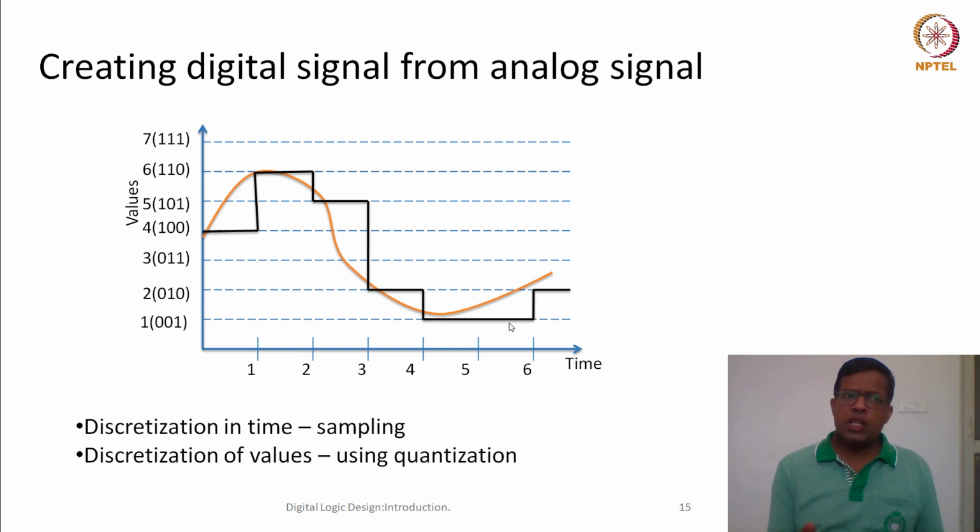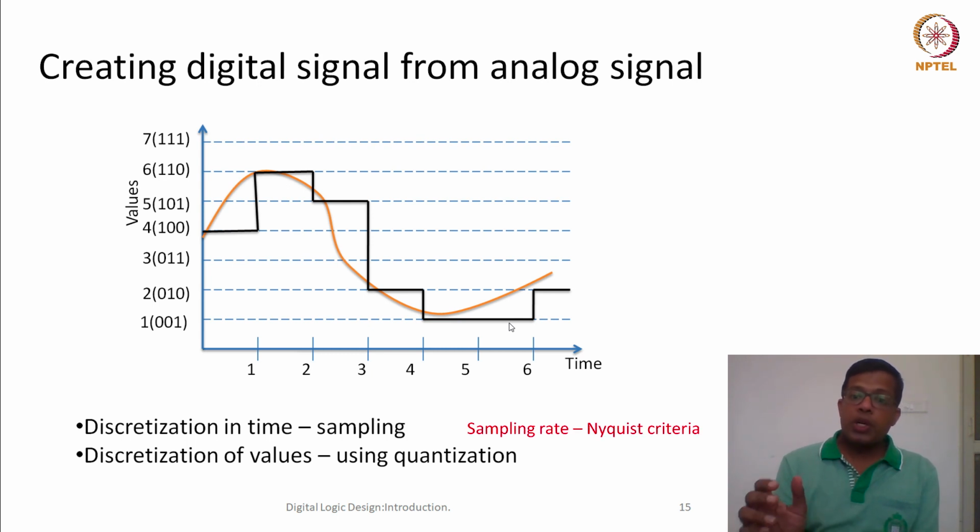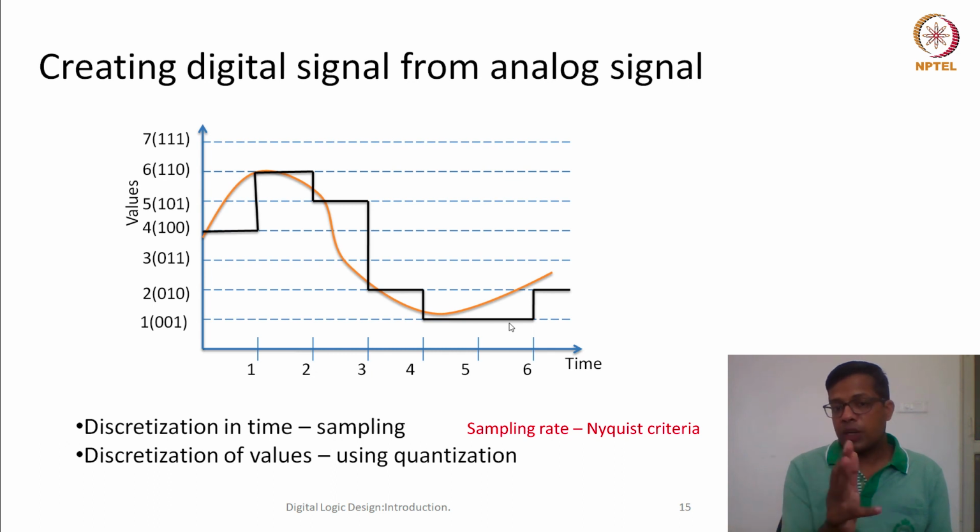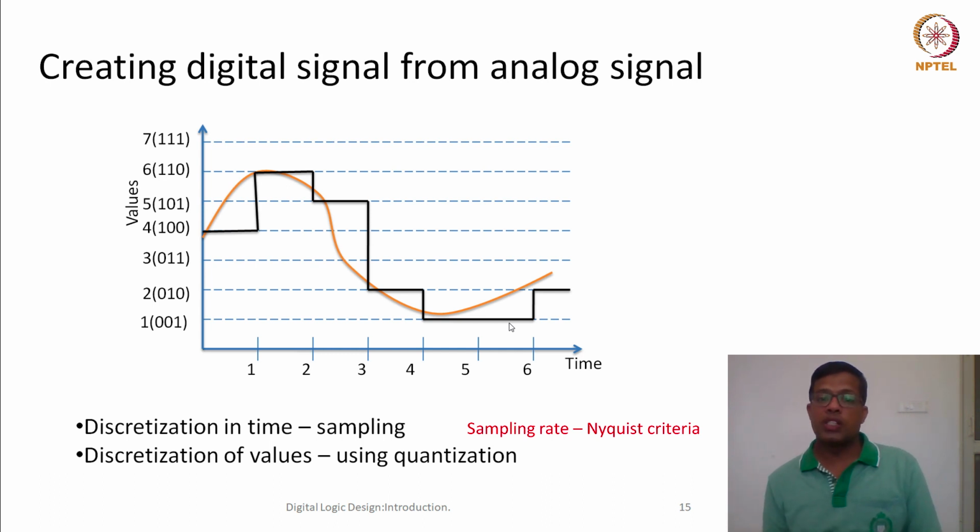Most of you would be doing another course in parallel to this course, called Signals and Systems. In the Signals and Systems course you will understand more about this digitalization or discretization process. But one important thing is called the Nyquist criteria or Nyquist rate. It proves that if we sample any signal at a particular frequency, then it can be reconstructed back whenever we convert this discrete signal into a continuous signal.